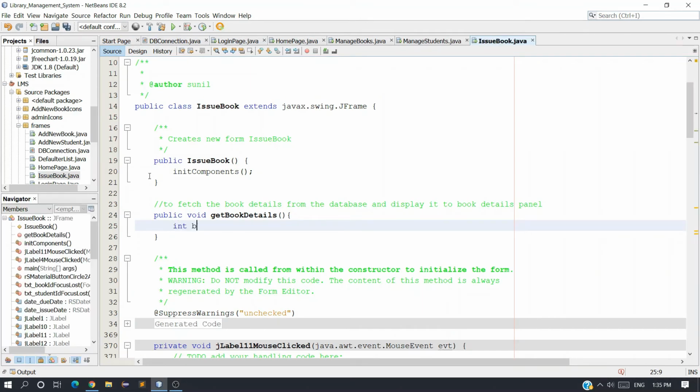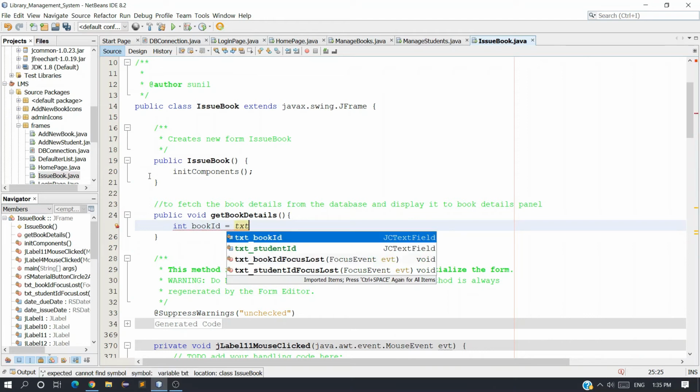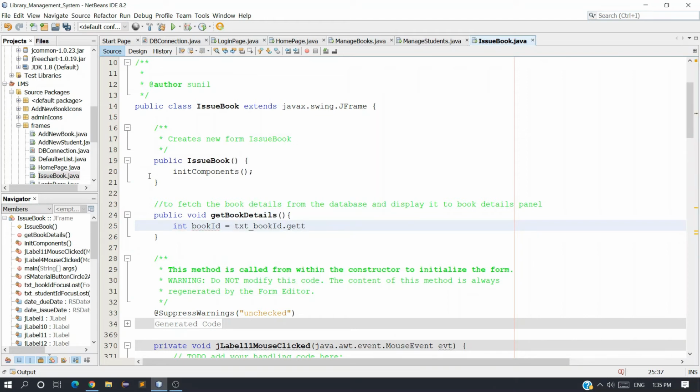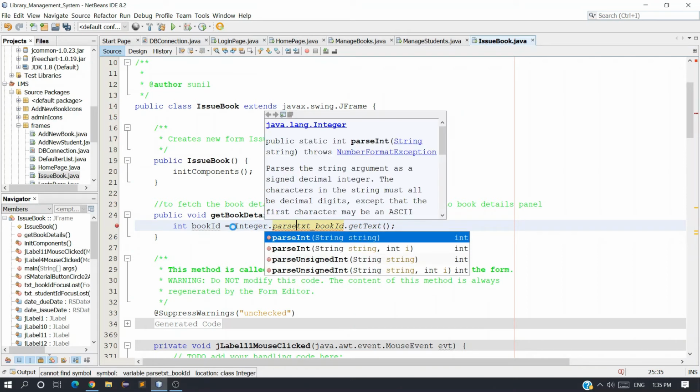So int bookId is equal to txtBookId.getText, and just convert it to int, because the getText method will return a string.